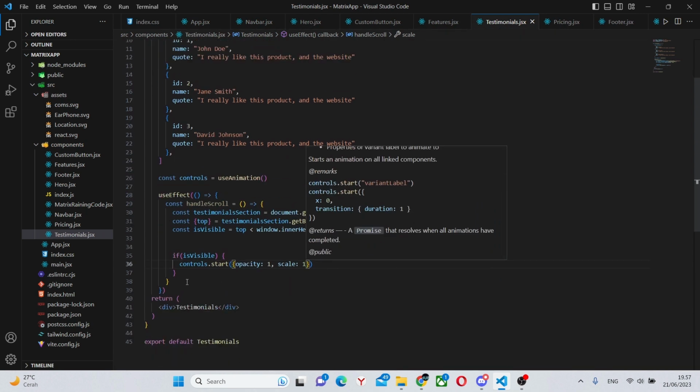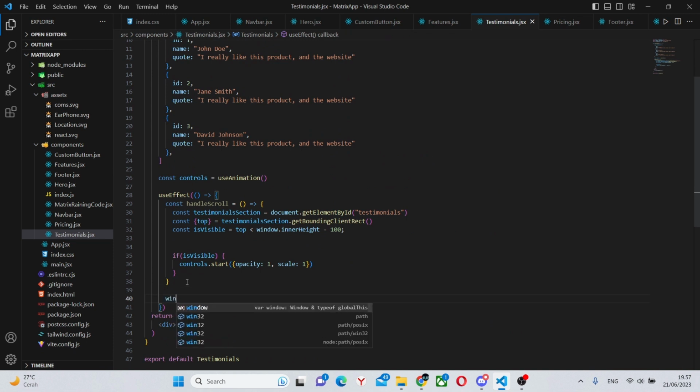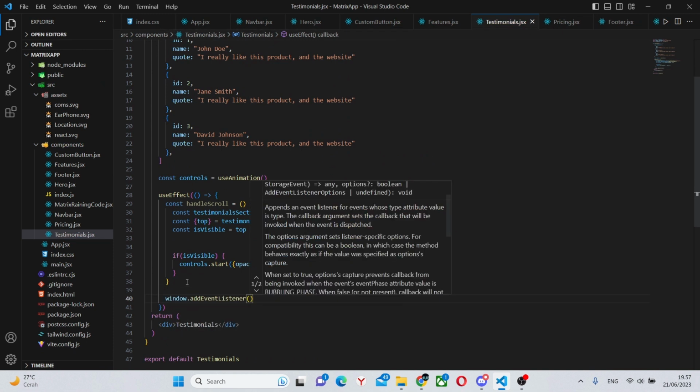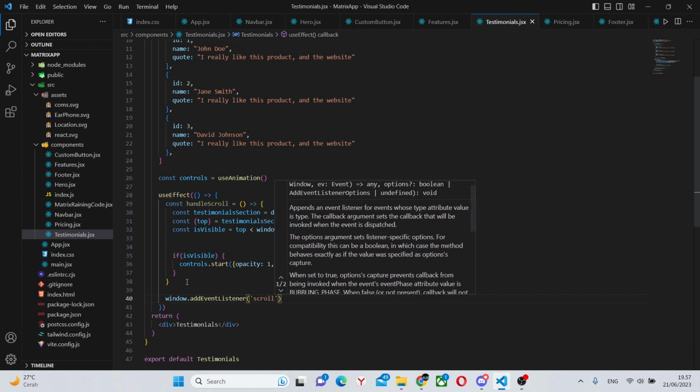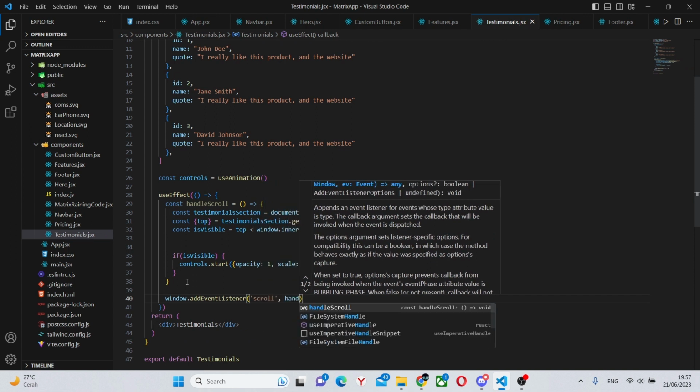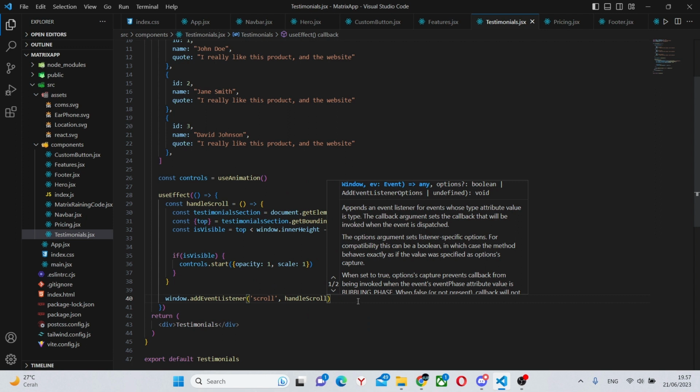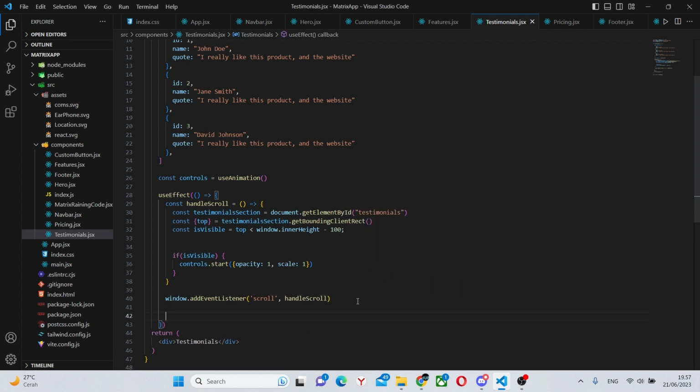We can go outside the function now and say window dot add event listener scroll and handle scroll. Then we can have a return statement. So return, and I believe we need to do it like this.